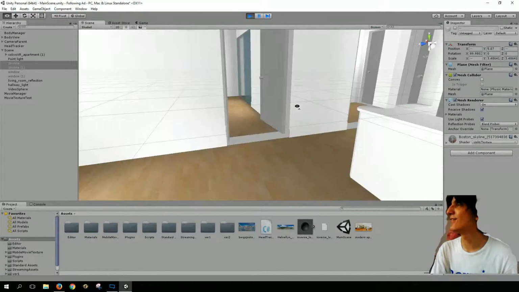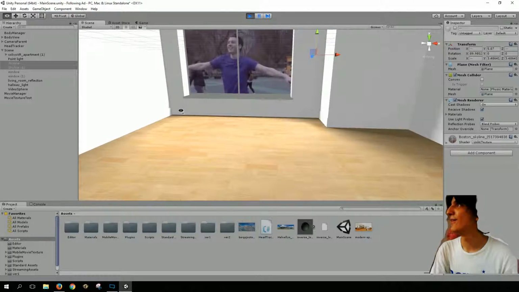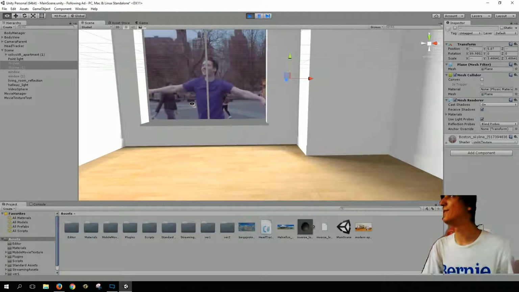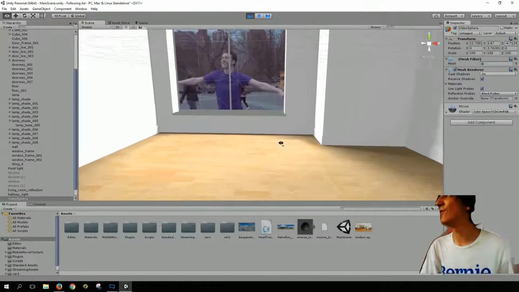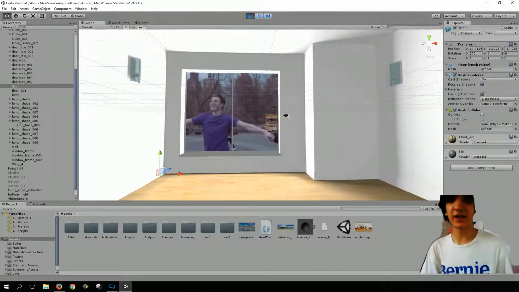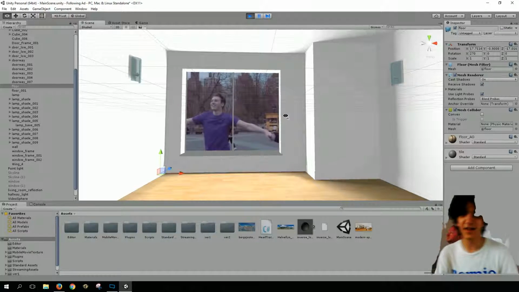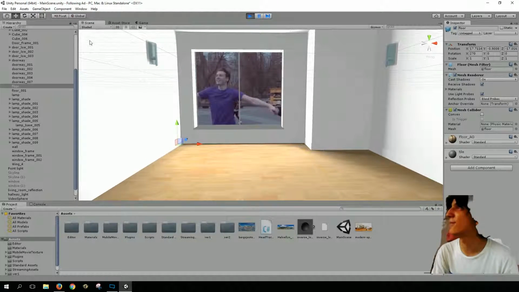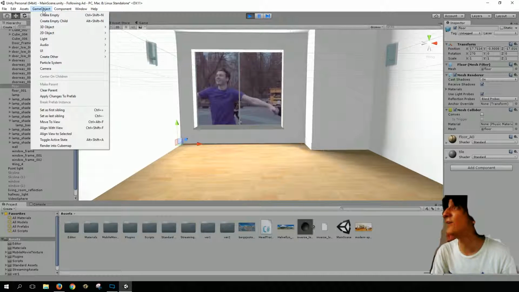So it's a video. But let's say you wanted to somehow do the reflection of this on the floor, which is actually, I don't know if I'd call that intermediate, but why the hell not? I know it can be done. So what you want to do is you create a camera,